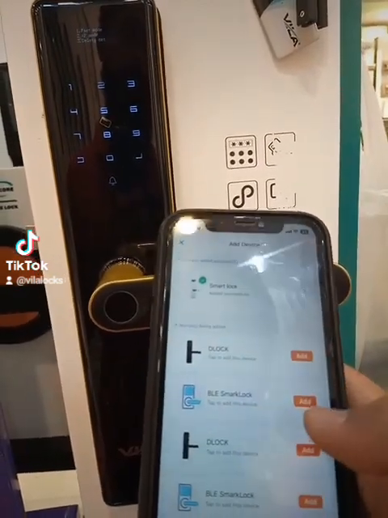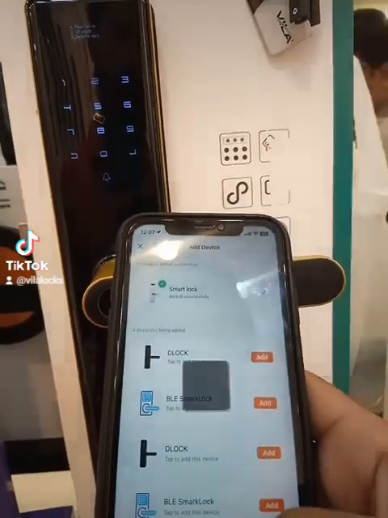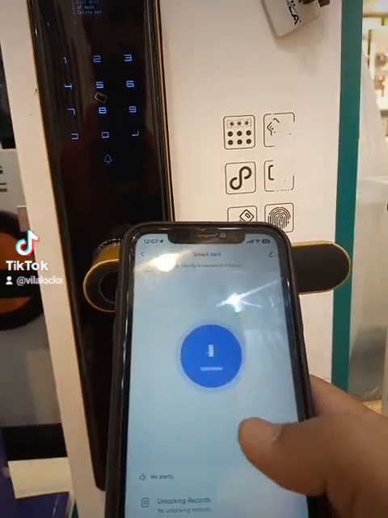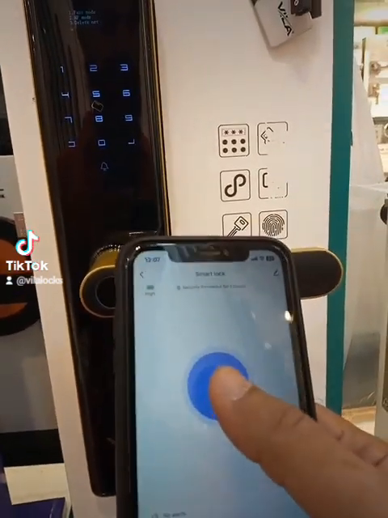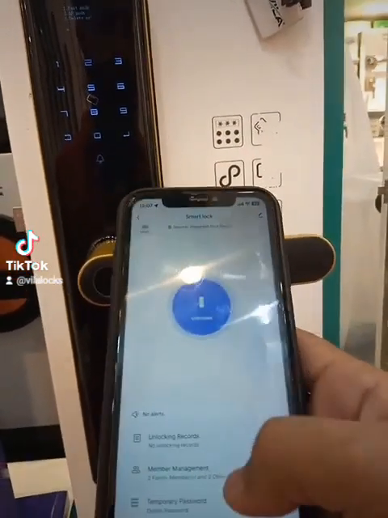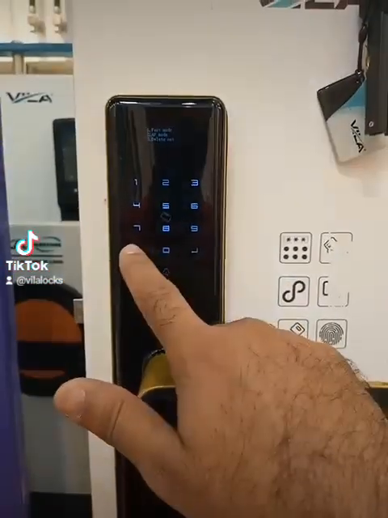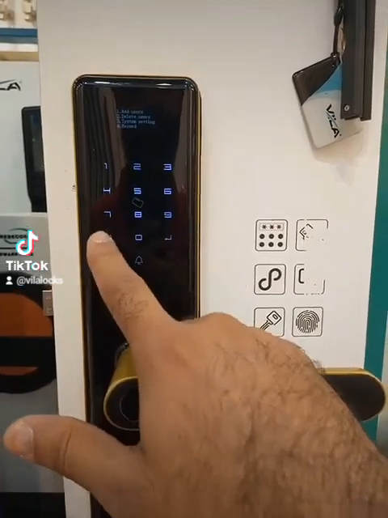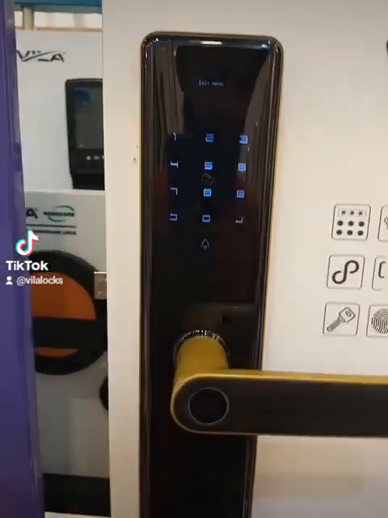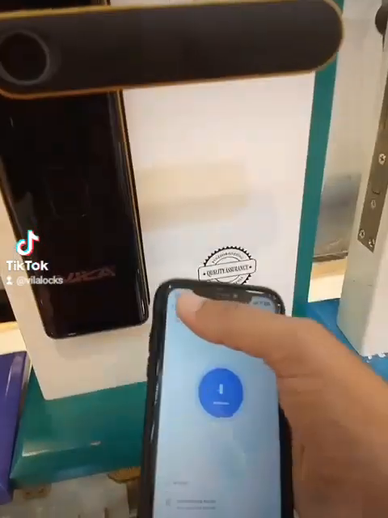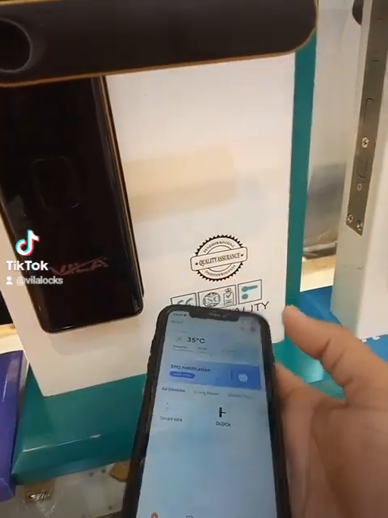See, it is fastly connected automatically. Then press done. Here you can come back to check whether this is connected properly or not. You have to check